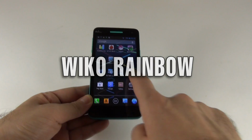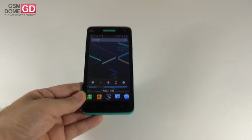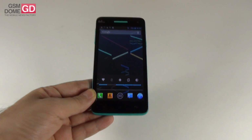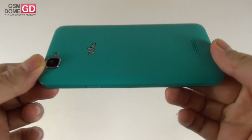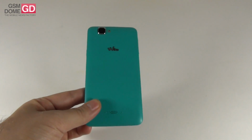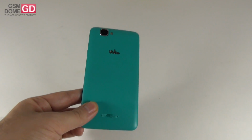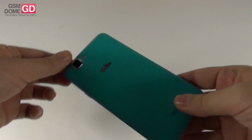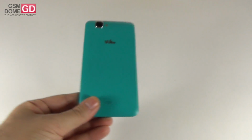Wiko is a French brand, it has a Chinese mother company, and Wiko was founded back in 2011 in the city of Marseille in France. It's a youthful and affordable phone, this one, the Wiko Rainbow, and it comes from a series of colorful handsets for young people. So the Wiko Rainbow is priced at 150 euros in Europe, obviously, and it's a colorful phone